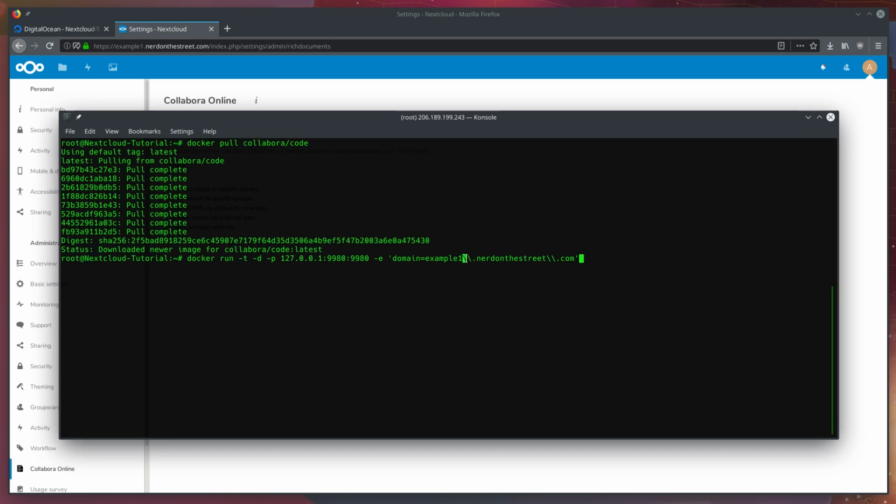So this is escaping this backslash, and then that backslash is escaping the period, and same down here. So that's our domain name we're setting. This is not the end of the line yet. We still need --restart always, and that will set it so that if your Collabora server crashes for some reason, it will restart. --cap-add MKNOD